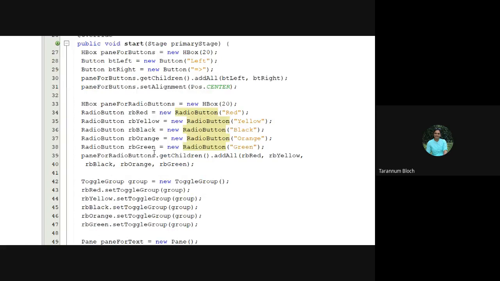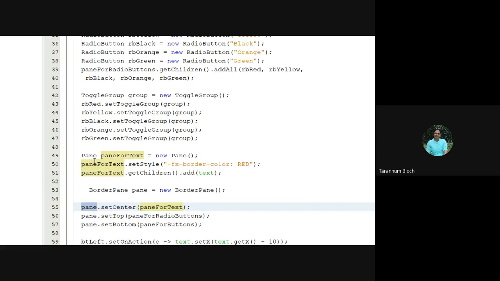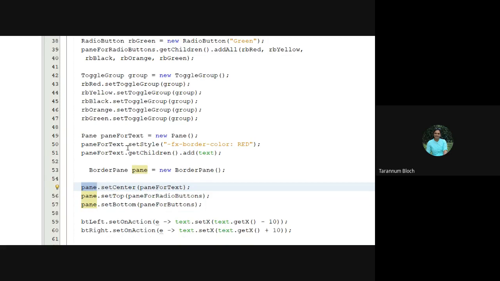And we have taken the text box in a simple pane and then we added it to the border pane's center. So over here this pane is the one which is holding all other panes. So this is the border pane. As it is a border pane, it is having top, bottom and center in a lining way.